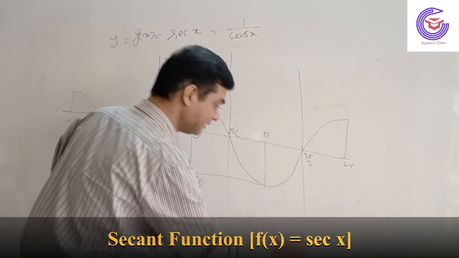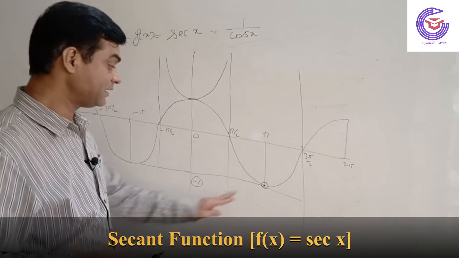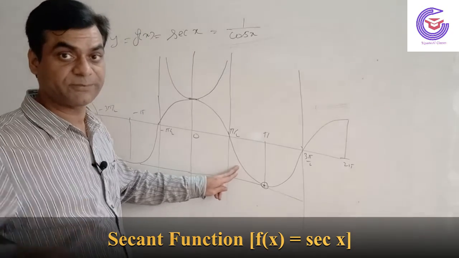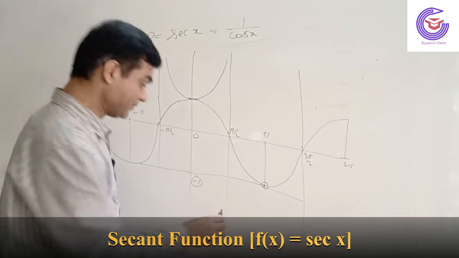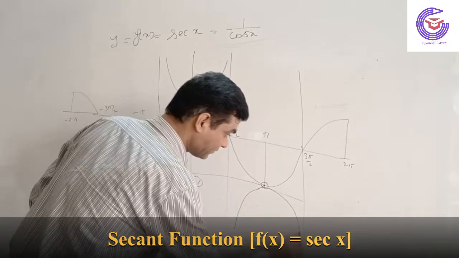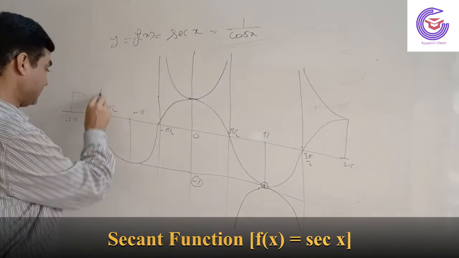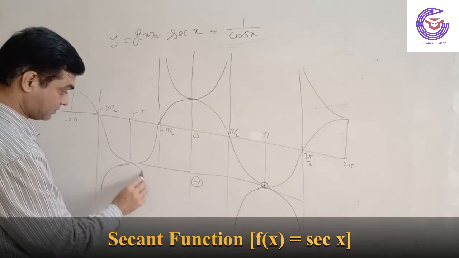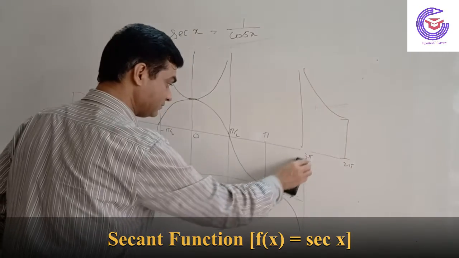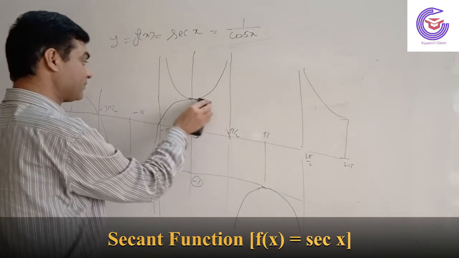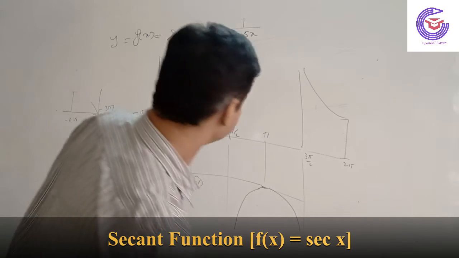If you plot here, this is negative side. So reciprocate of the minus 1 is the minus 1. Here it is less than minus 1. So if you reciprocate this thing, it will go to greater than 1, but that is the negative side. So it will become something like that. In a similar manner, here it is like that. So it will go on. Now just remove this cos x part. You will get the graph of sec x. So this is your sec x.